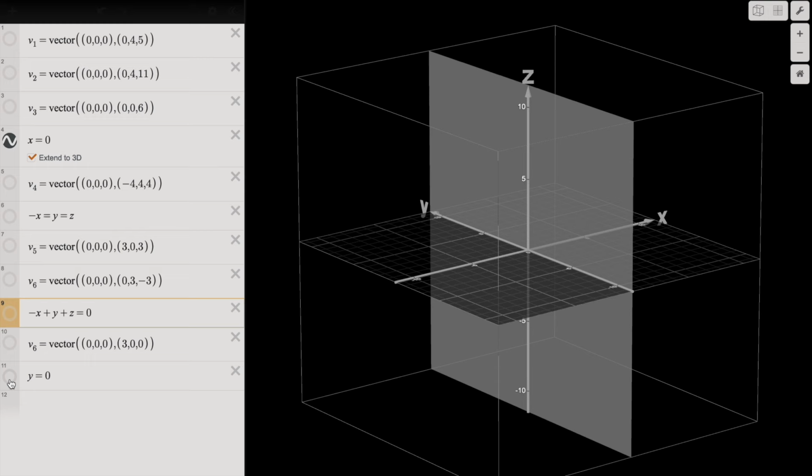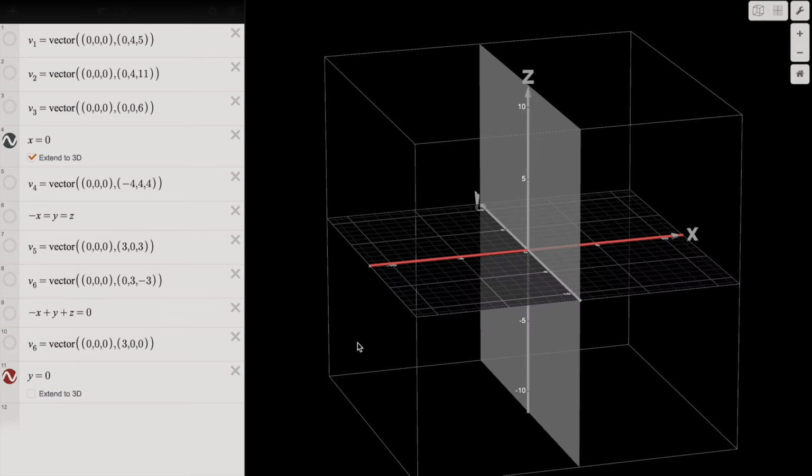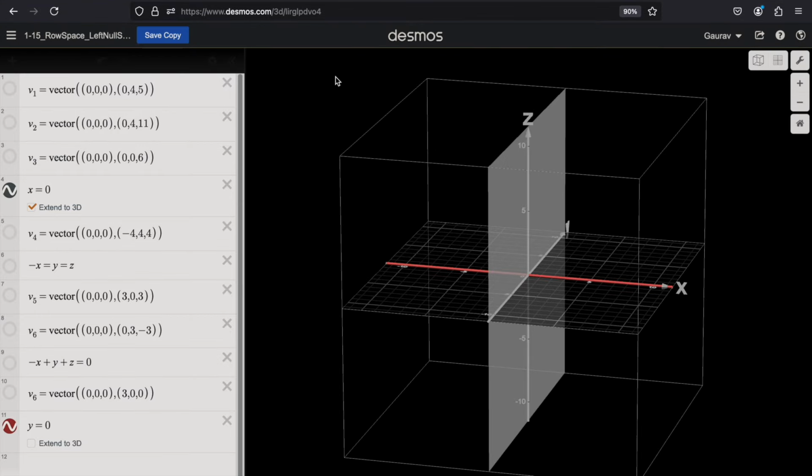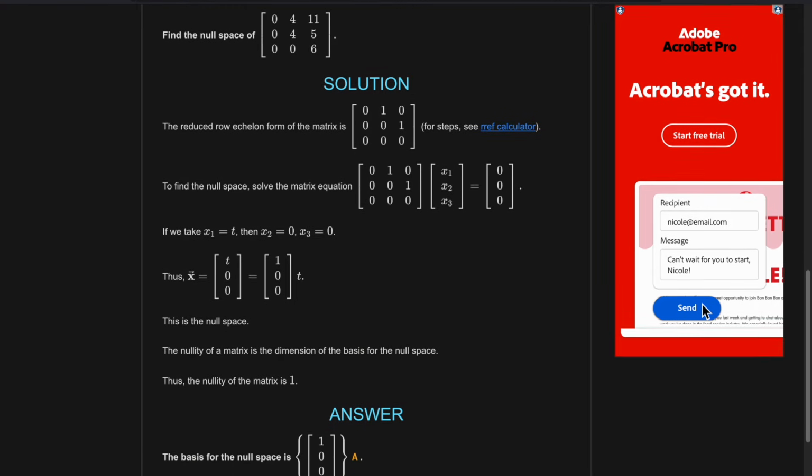The column space is also perpendicular to the left null space. So we have already seen this. The column space is nothing but the YZ plane. So what will be the left null space? It will be the x-axis. So if someone knows this property, they don't even need to calculate the null space